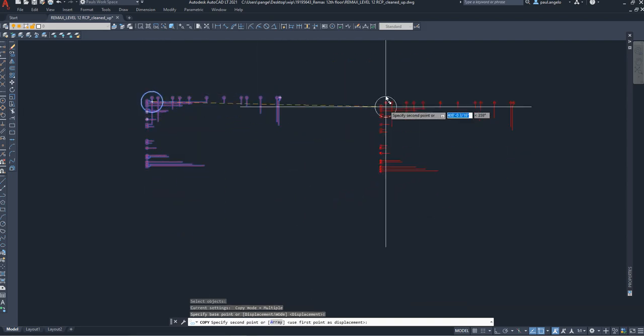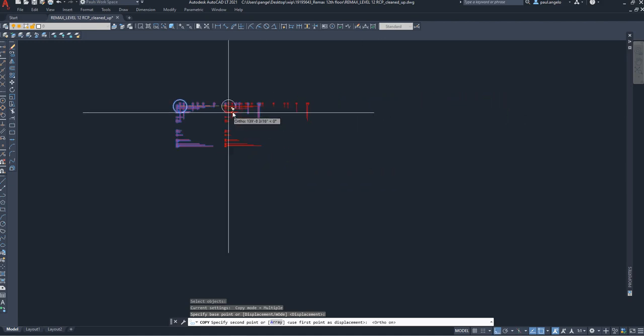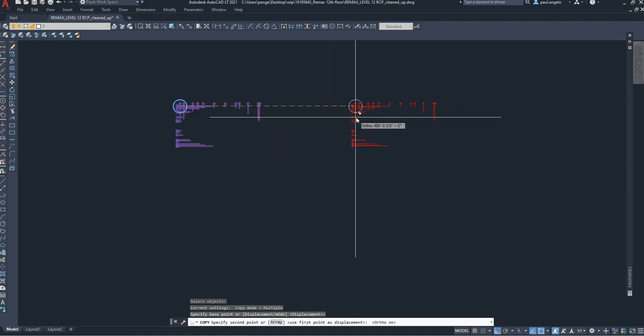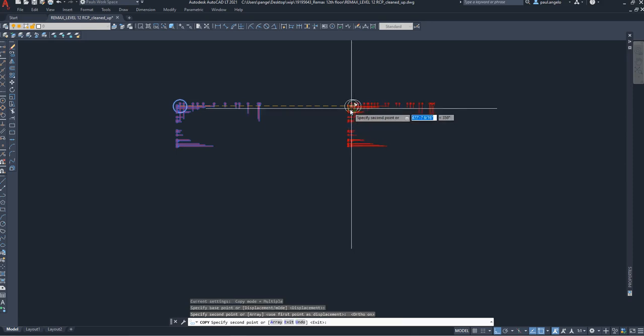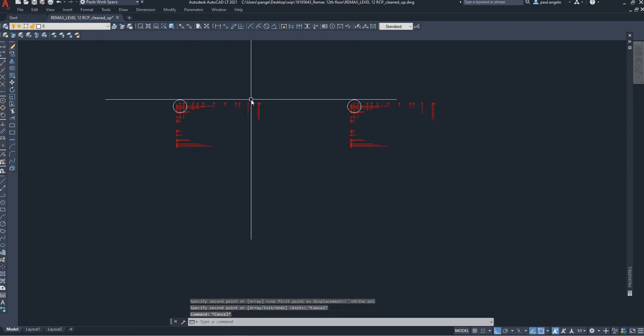and I can move it. Now I don't have orthogonal clicked, F8. If I did, I could move it straight over. Maybe that'll be good for us learning. And I'll click it here, and then I can escape, and now I have a copy,